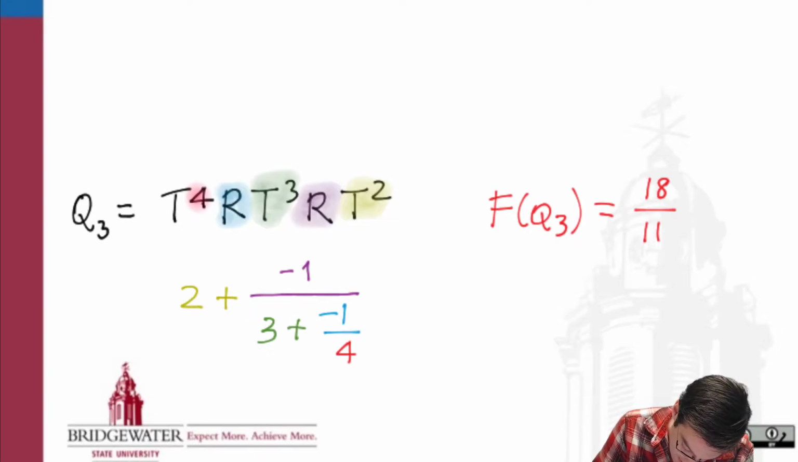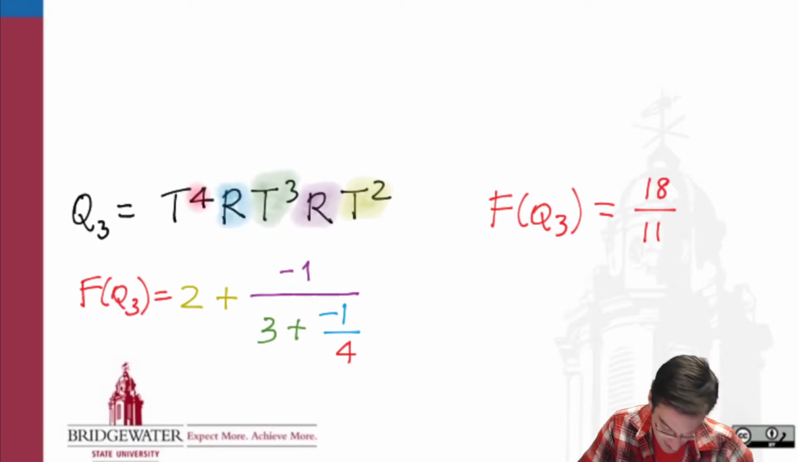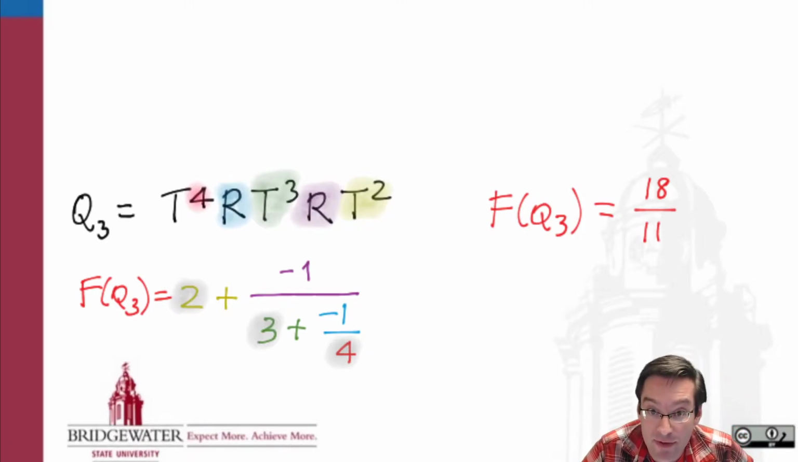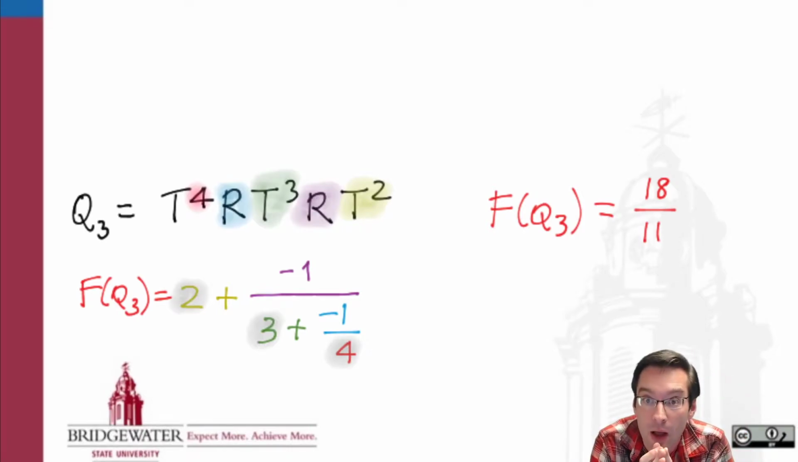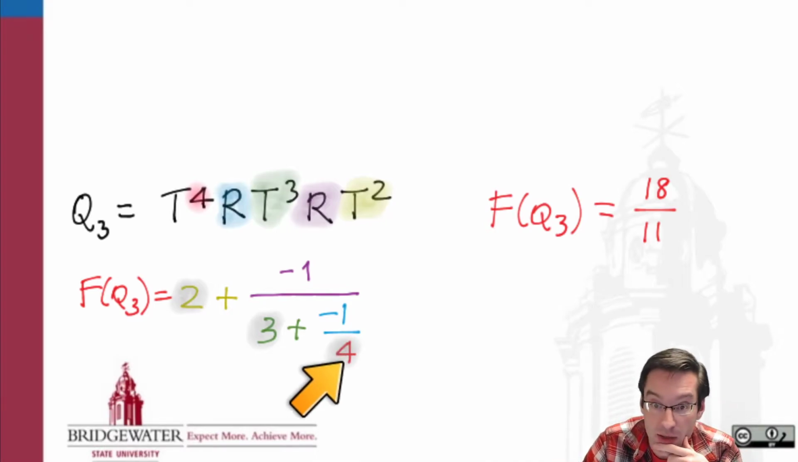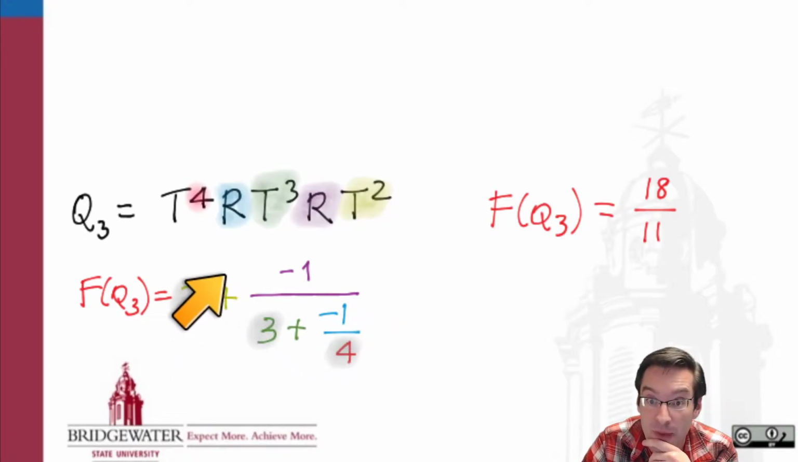So when I say the continued fraction representation for Q3, this is what I mean. Right? 2 plus negative 1 over 3 plus negative 1 over 4. Right? And so what we can observe right away is that once we know how these continued fractions are built, all we need to know in order to build one of them is what are the integers that are appearing in these denominators, right? They're 4, 3, and 2,